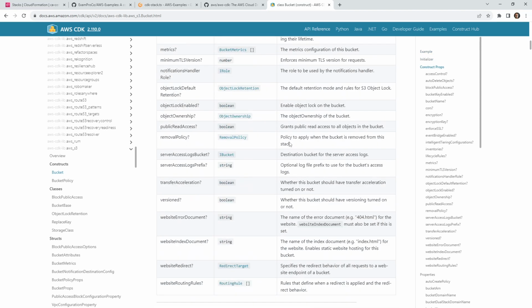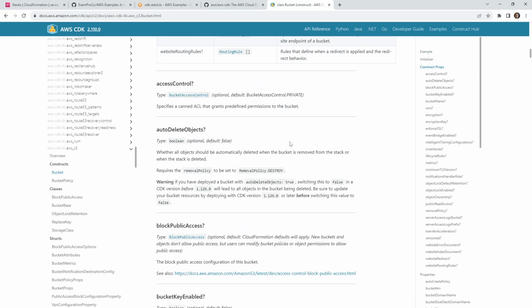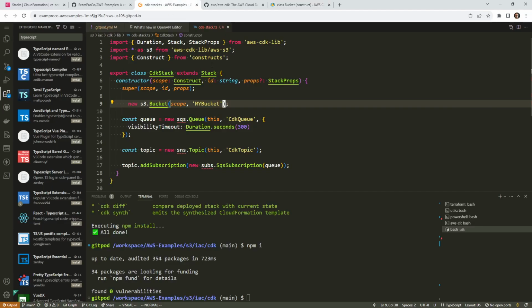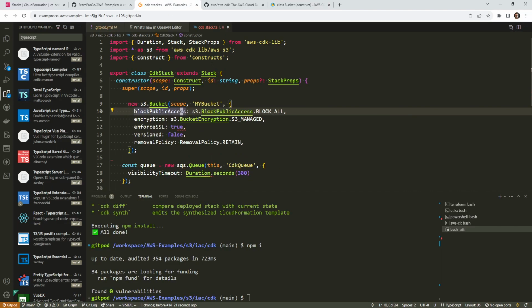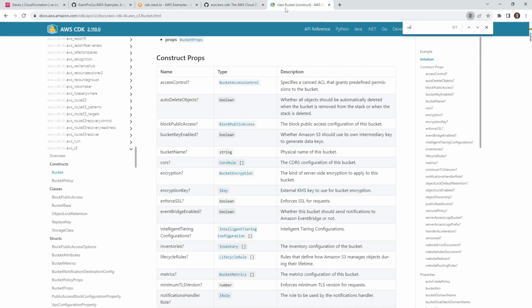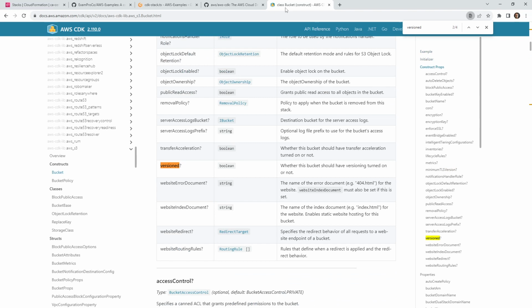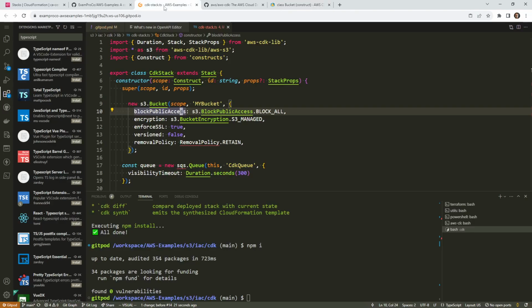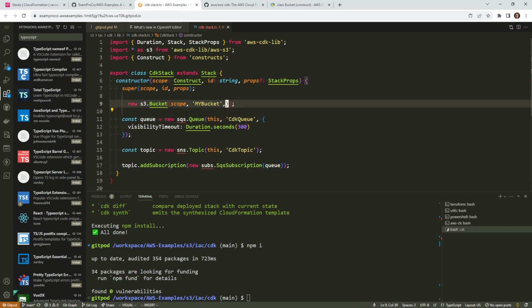Does it tell us what the defaults are? No, it does not. What was the one that we saw that was specifying the versioning? I just want to make sure versioning is turned off because it's a bit of a headache if versioning is turned on. Whether this bucket has versioning turned on or not. The optional default is false. Okay, great. So I think what we can do is we can take all this stuff out here